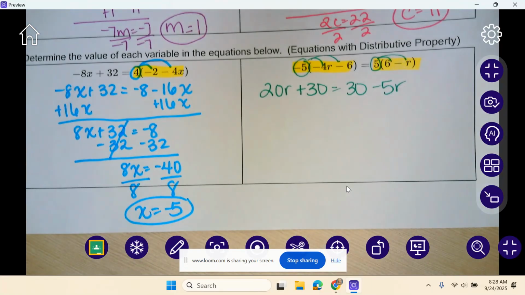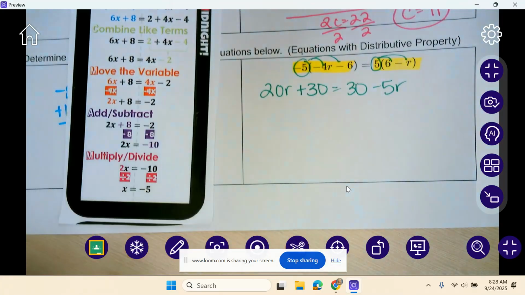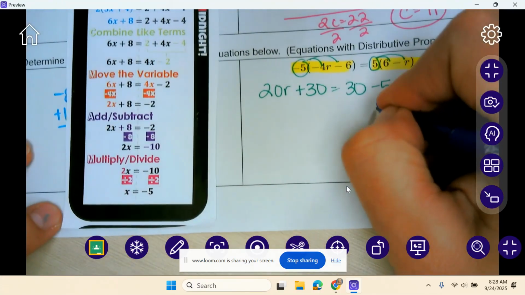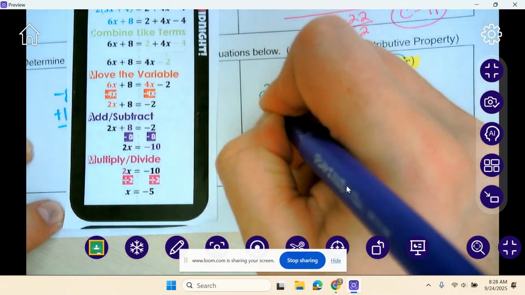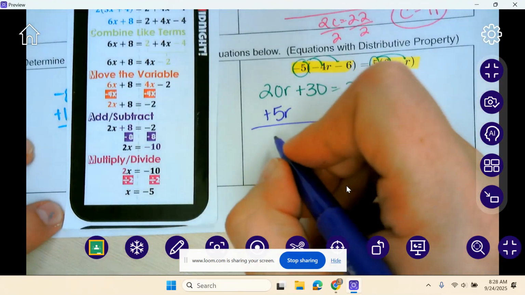Okay, next step, after I do distribution, combine like terms. I actually don't need to do that step because there's nothing to combine. So next step is going to be move the variable. After I can't combine any like terms, I'm going to add 5r on both sides. And then it cancels out on the right, and I get 25r